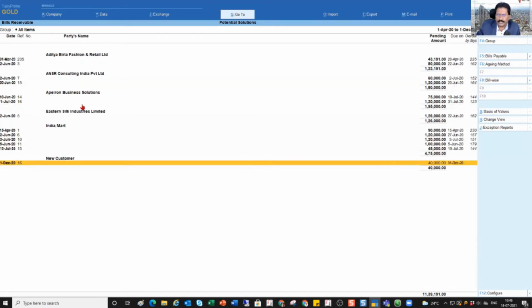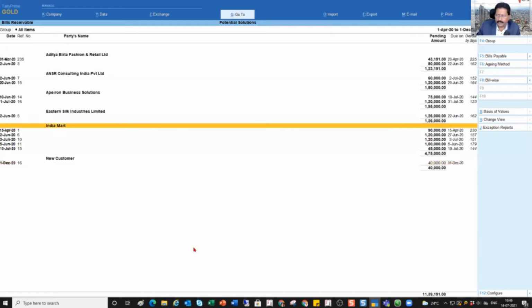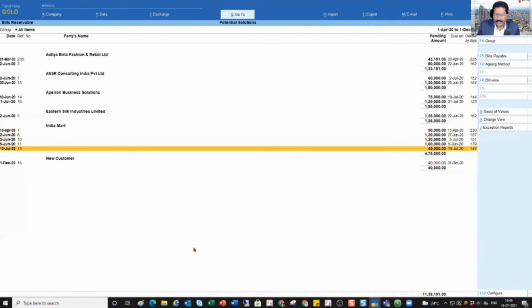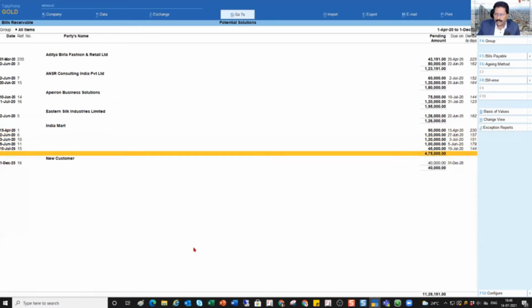So I'm going to click on ledger wise bill. Now each party, it is going to give you in the same order, older bill to the later bill. So we are going to take this use case of India Mart. This is where I've already captured transactions. So India Mart, if you see, now it's very clear. 1, 2, 3, 4, 5. There are 5 invoices which you have raised, and the total amount outstanding is 475. Okay, so all the invoices are overdue. So this is another view where you can quickly see the bill wise information party wise.